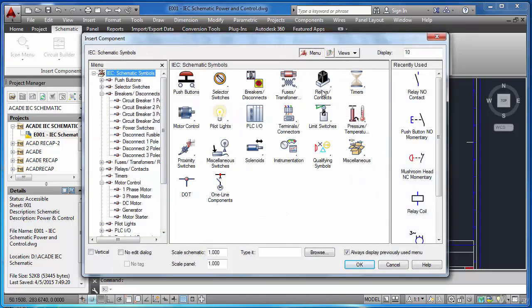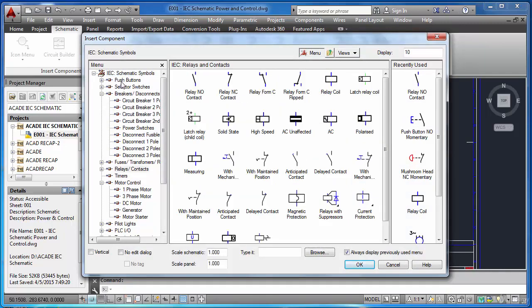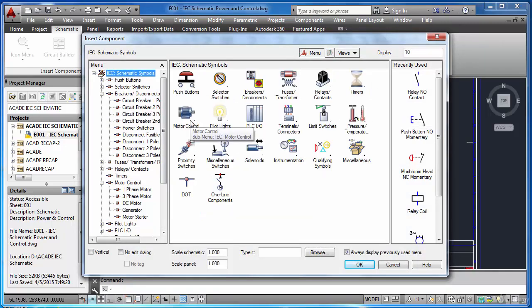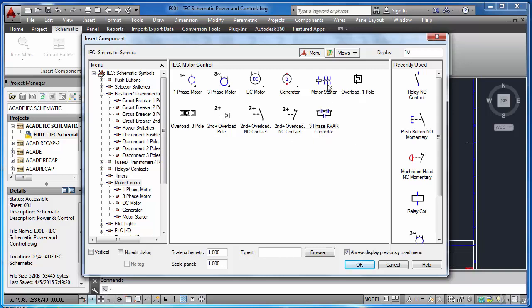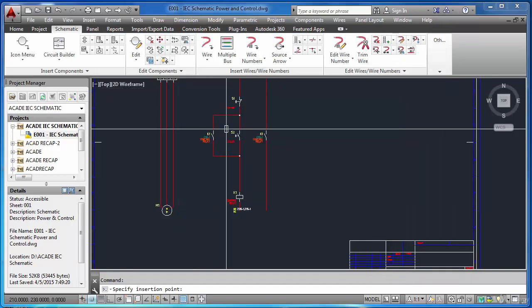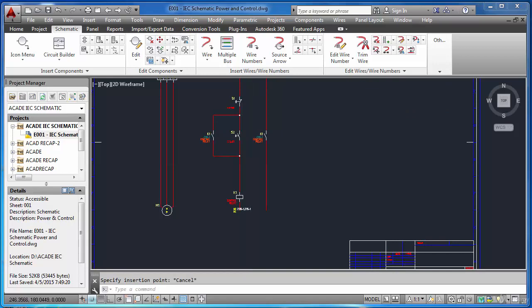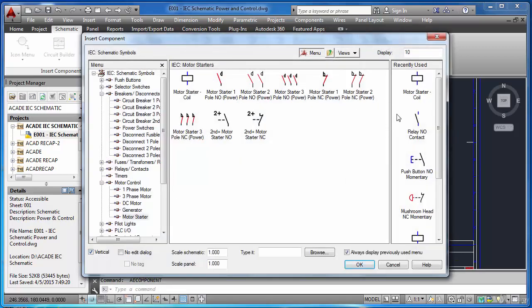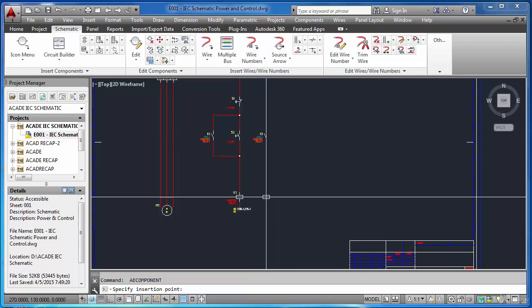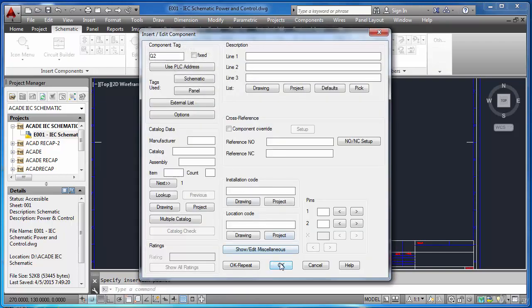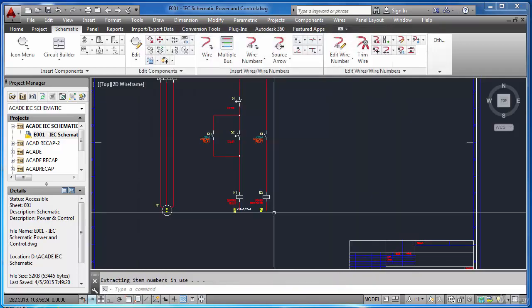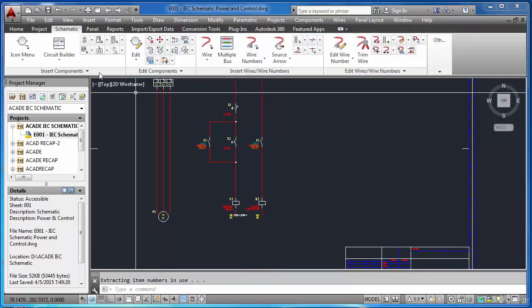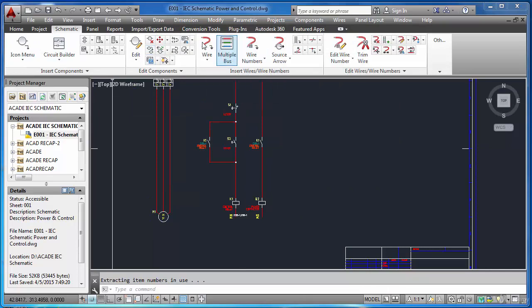Contactors, sorry, this thing, motor control. You will get motor control coil. Again, it should be vertical. Q2, power contactor, right? Now using this power contactor,